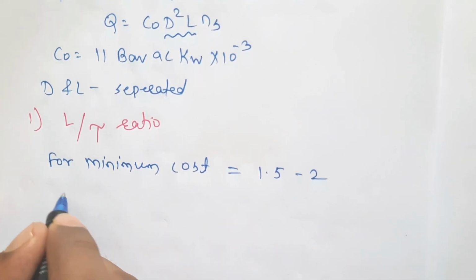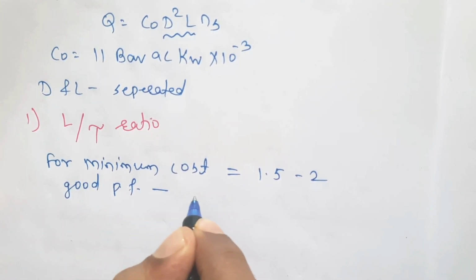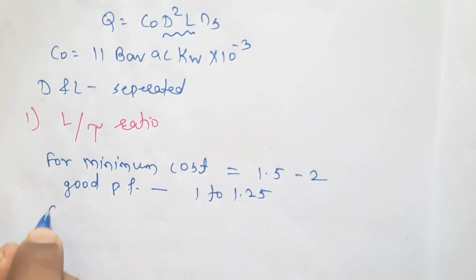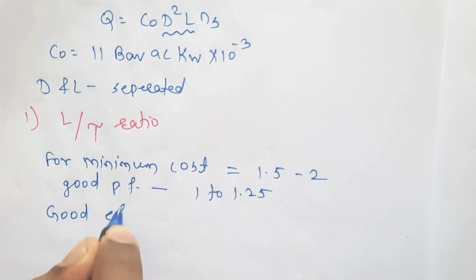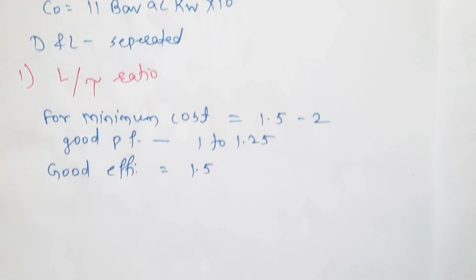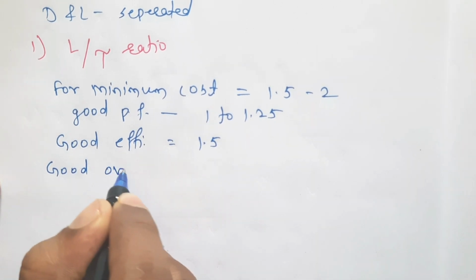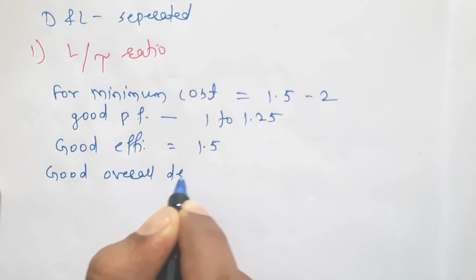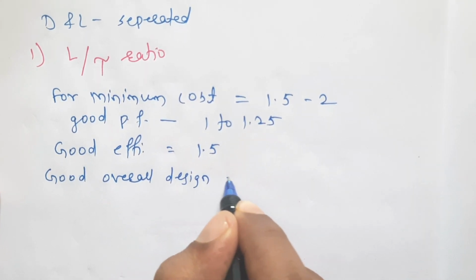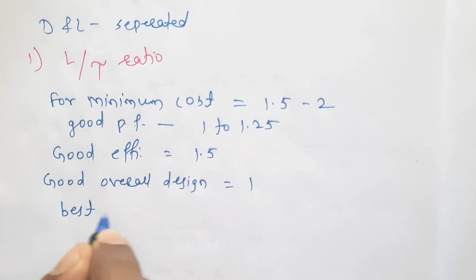If you have to design a machine for good power factor, the value of L by tau is 1 to 1.25. For good efficiency, the value of L by tau ratio is 1.5. If you have to design a machine for good overall design, then the value of L by tau ratio is unity, that is 1. And for best power factor,